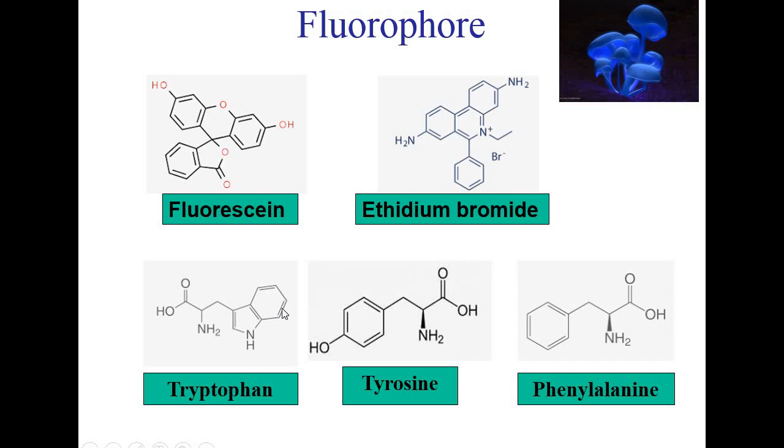Now, as we have already discussed, fluorescent dyes and fluorescent stains are used to detect proteins and amino acids. So, what are the fluorophores which are present in a protein? These are the aromatic amino acid residues of tryptophan, tyrosine and phenylalanine. If we concentrate on the structure of tryptophan, tyrosine and phenylalanine, there is the presence of aromatic rings in the tryptophan, tyrosine and phenylalanine structures also.